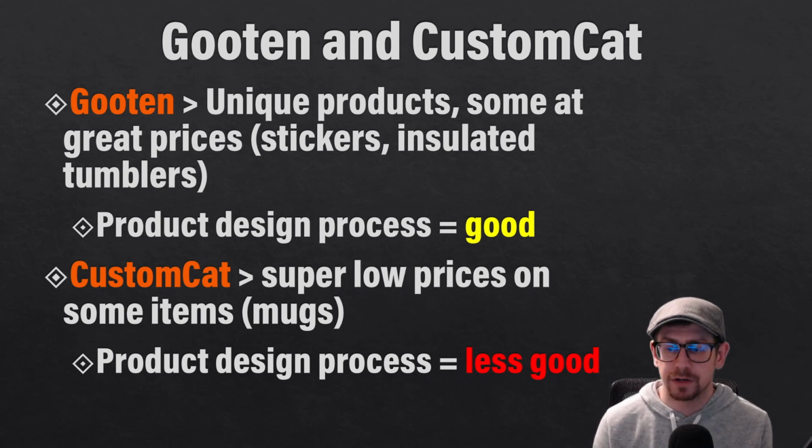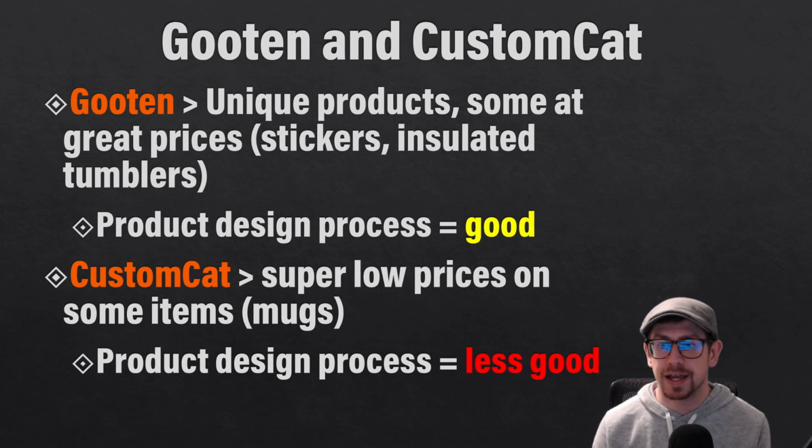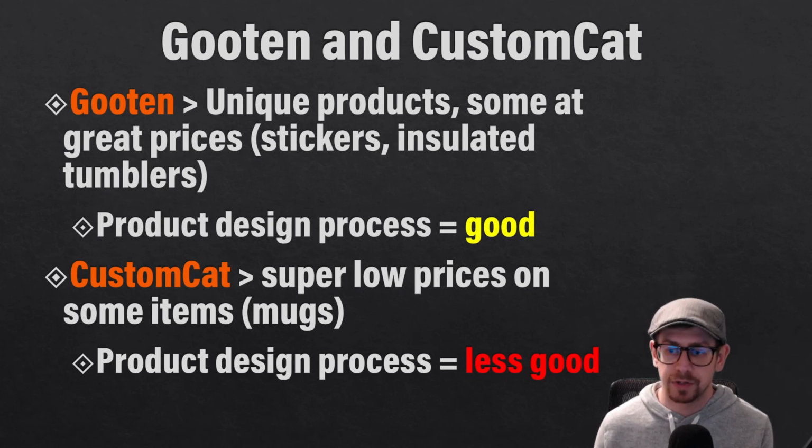However, the user interface of designing products and pushing them to your store, I would rate a step below Gooten. So now we're two steps below Printify and Printful as far as the smooth experience of the product creation process. Especially with Customcat, the thing I ran into that I thought was pretty clunky was the mock-up that you are seeing when you're creating products. It's just kind of hard to visualize how your final product is going to look in real life with the UI that they currently have. So if that was improved or enhanced, I definitely would go back and check out creating some more products with them. But for these reasons, these two suppliers just aren't at the top of my list for recommending